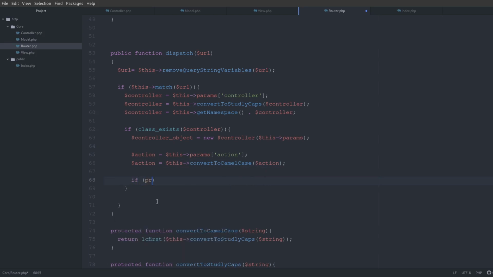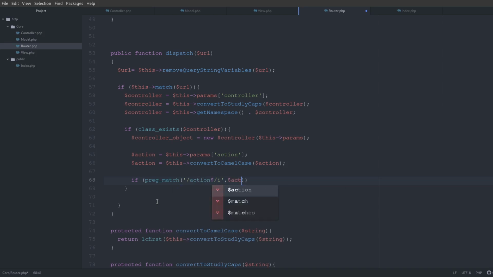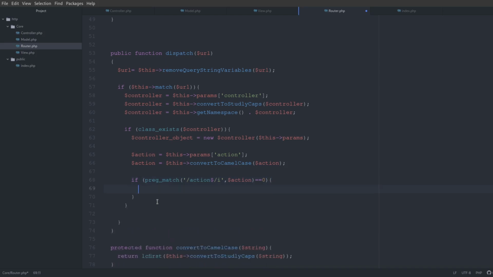So we have to check if preg_match the action is equal to 0. Then controller object action